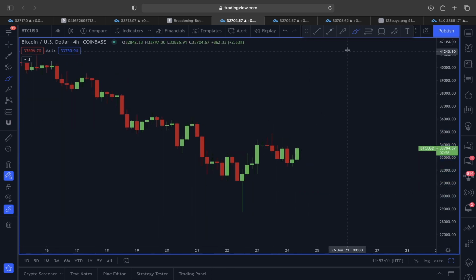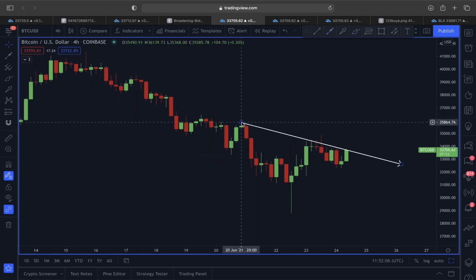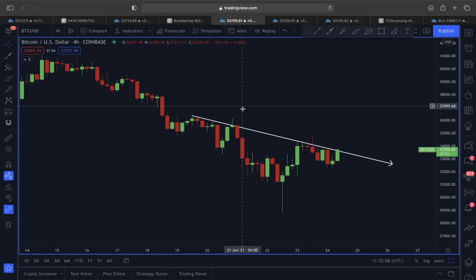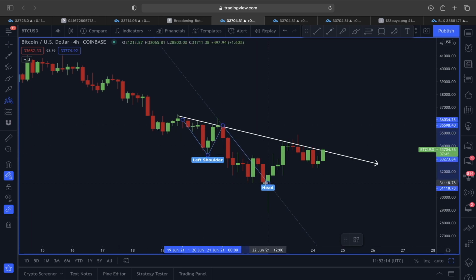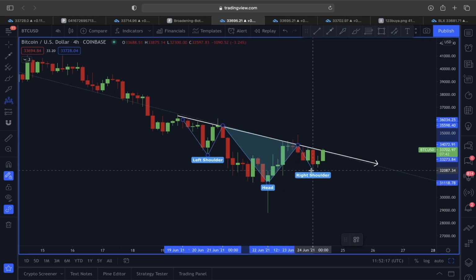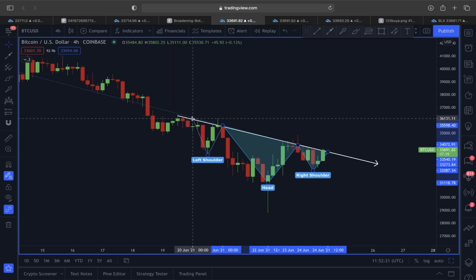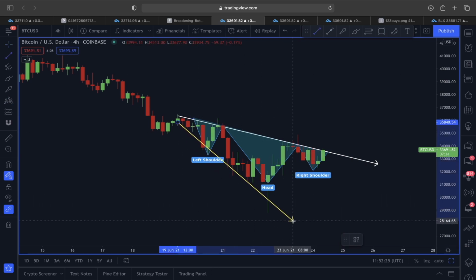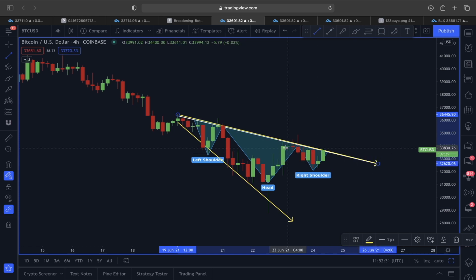Because, if you have watched my videos, guys, you know I have shown you and taught you many different scenarios for how to look at this price action. This here also looks like a very nice inverse head and shoulder playing out for Bitcoin. So with this inverse head and shoulder, we are approaching the neckline area. That's why I added this descending broadening wedge here, so that it's easier for you guys to understand.